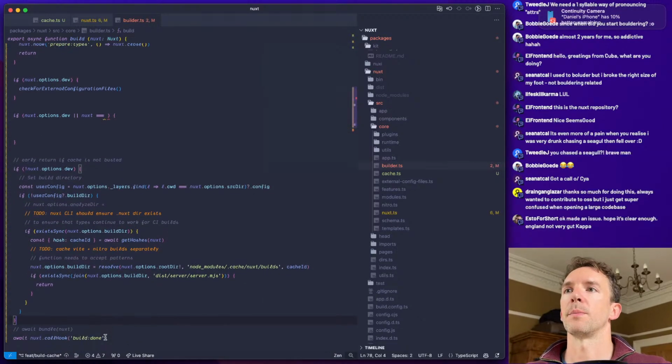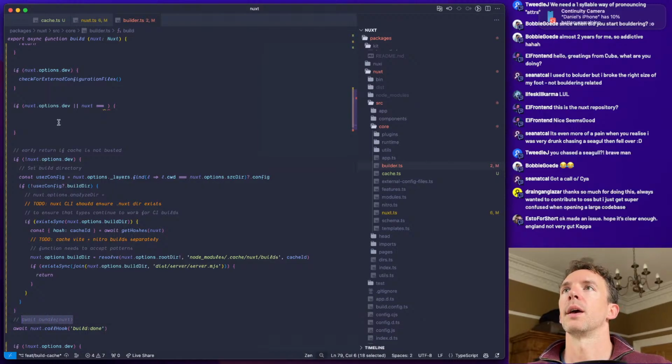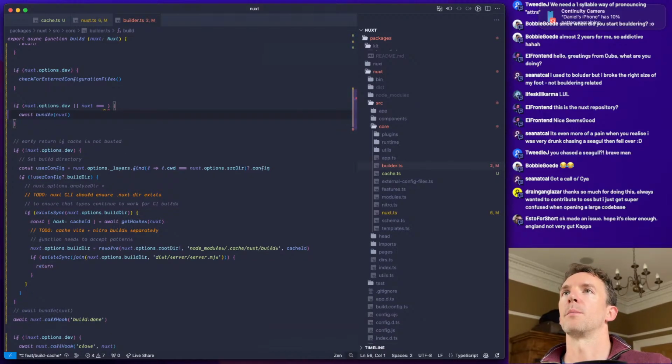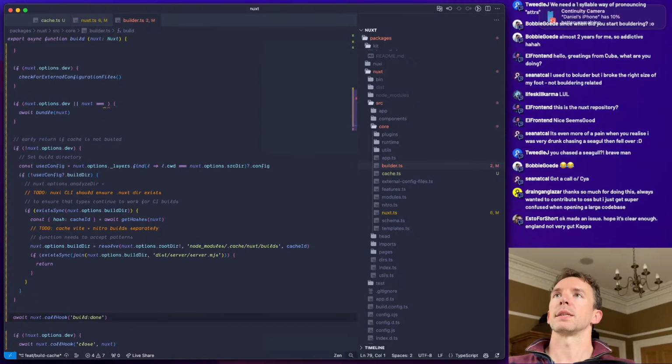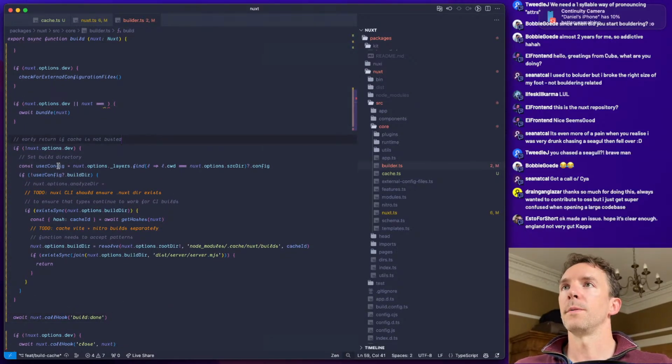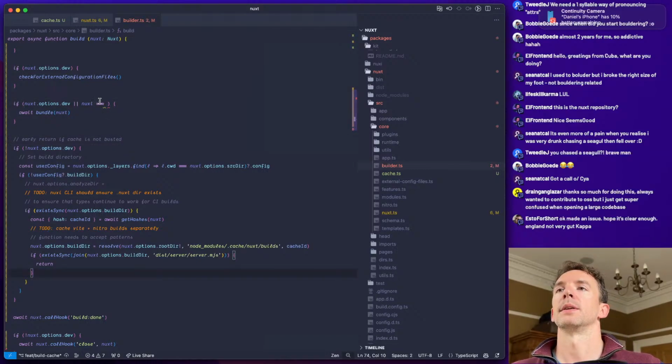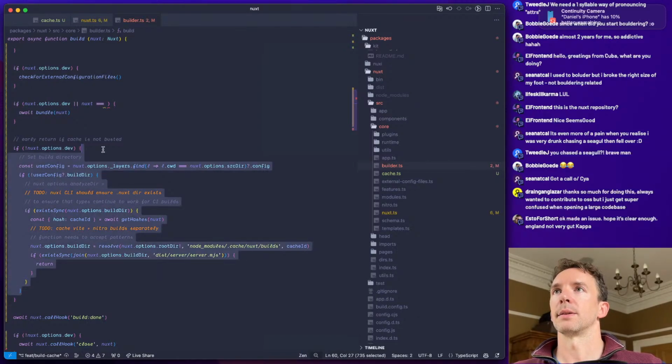So we await bundle nuxt. This is what we're doing, but we have some constraints upon it. So we can say that we are only going to bundle nuxt in dev, or if we have a cache directory that exists. So I think what we basically need to say is abstract this into a function